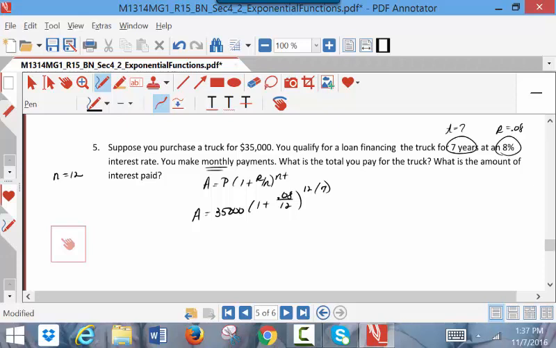Okay, 12. N is 12, time is 7, and your interest rate is 0.08. Okay, so this is 35,000. I'm going to see if 0.08 divided by 12 is a nice number, and it should be. It's not a nice number. So this becomes